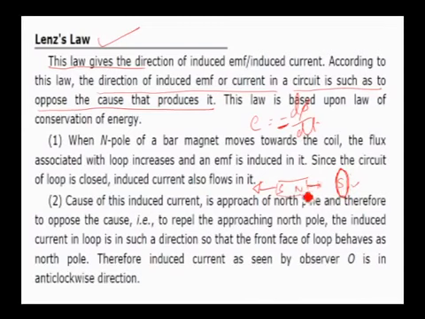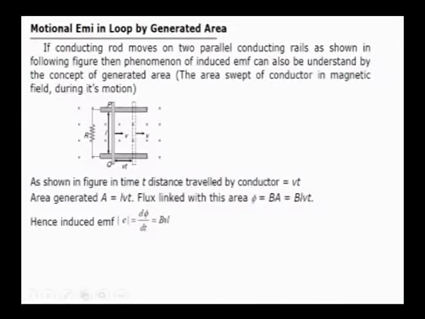If magnetic flux increase is responsible for induced current, it opposes the increase of magnetic flux. If magnetic flux decrease is responsible for the induced current, then induced current will oppose the decrease of magnetic flux. Next, induced EMF is not just only because of magnet motion towards a coil or any other cases.